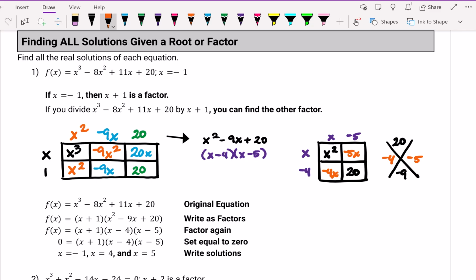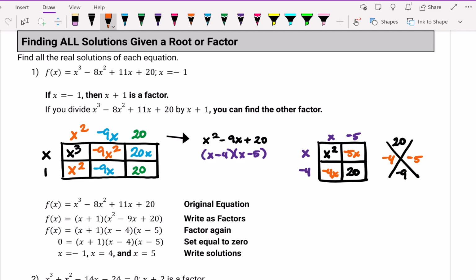So how does that tie in today's lesson? Well, what we're doing today is we are trying to find all of the real solutions, but we're kind of given a head start. We're given one of the solutions, and in this case, we're given x is equal to -1, and we're trying to figure out the other two solutions because this is cubic, and I'm going to tell you if you find one, then there's going to be two other ones, and in this Algebra 2 class,